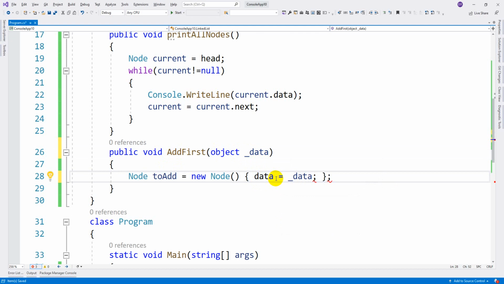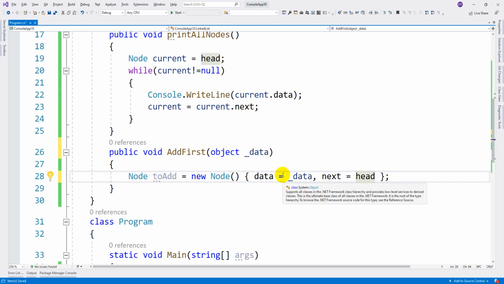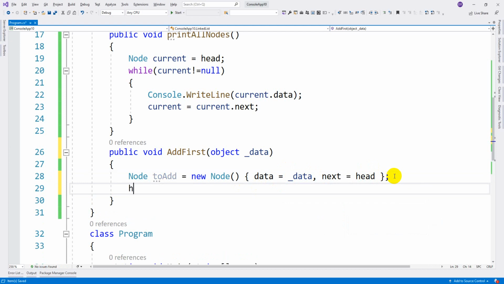Next, in this we have another element, that is next equal to head value, whatever the head is there, that value we are going to utilize again. So after this operation, the head will become the next element, right? So head is equal to node to add. So this is how you can insert an element.